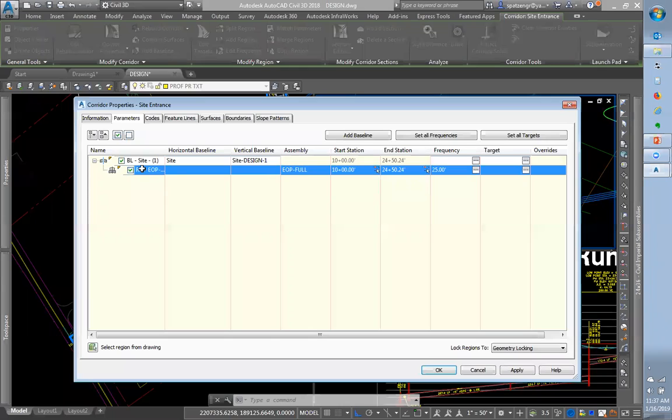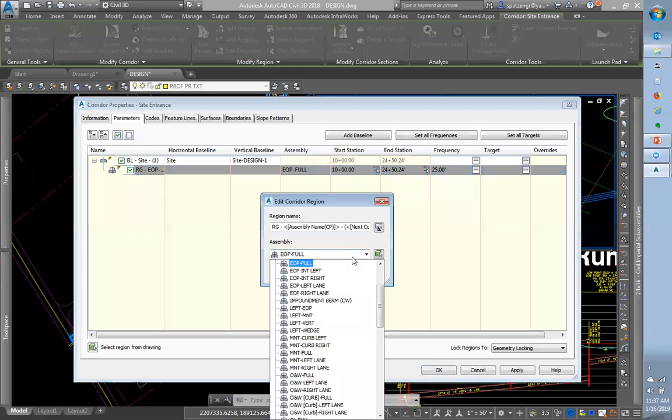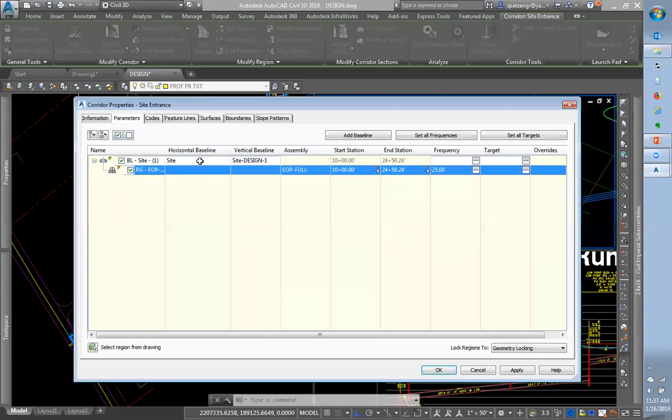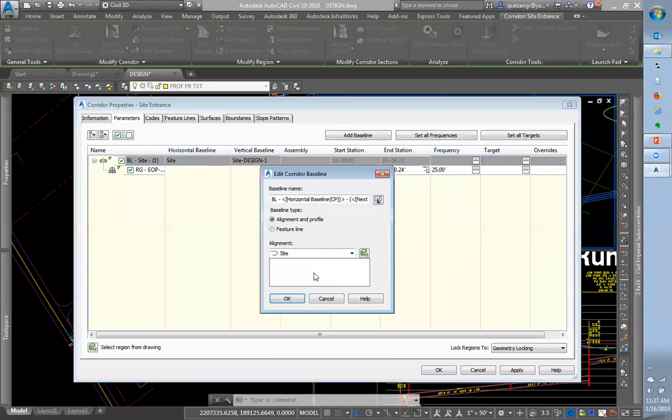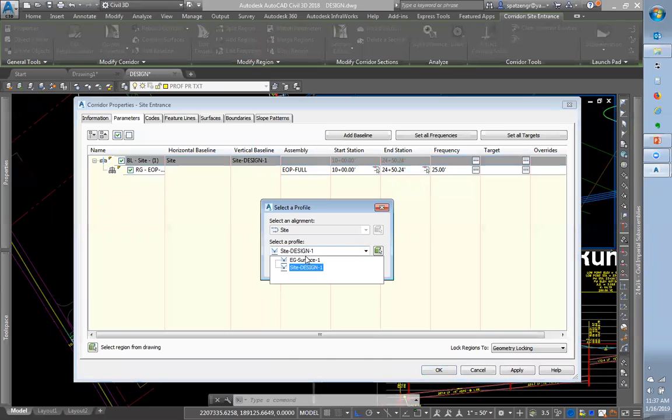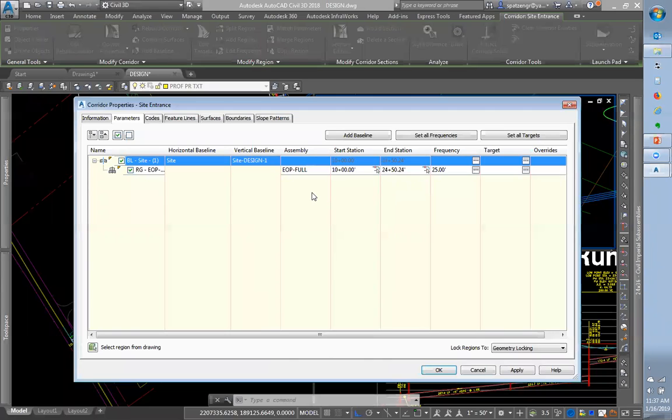Once you define that, what assembly, I can change it here. Any of this stuff is changeable. I can change this to be a different alignment if I want right now. I don't have another one. I can change it to be a feature line if I wanted to now for that baseline. I can change this to be a different profile if I wanted to. I can follow the existing grade. I don't really do that, but